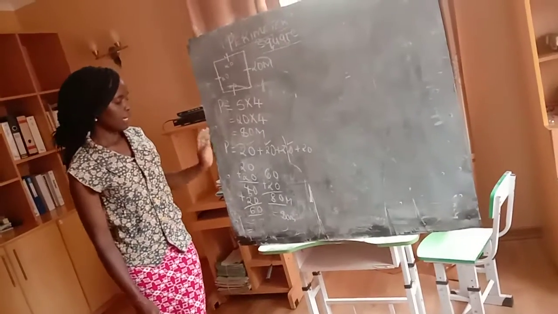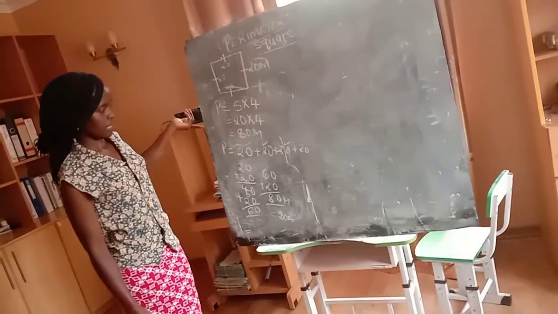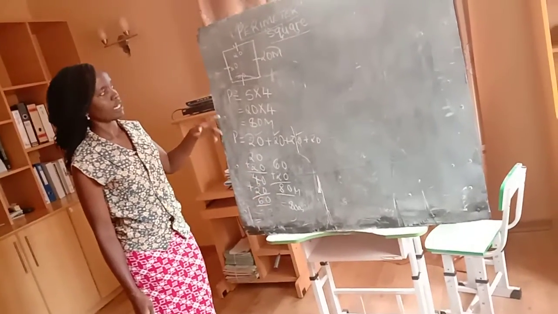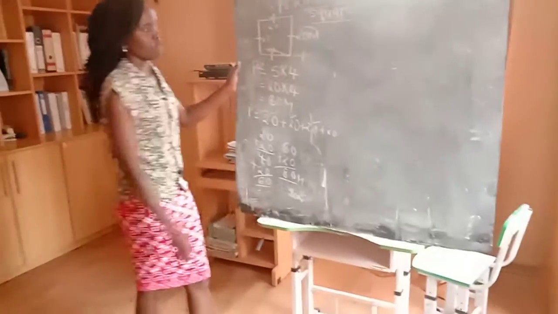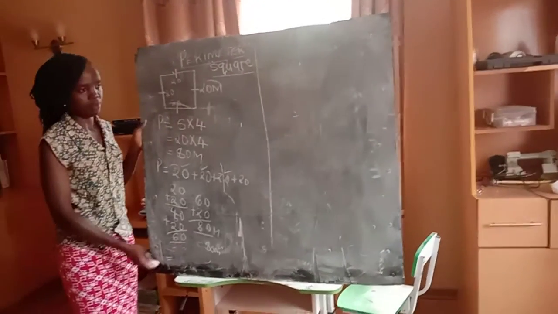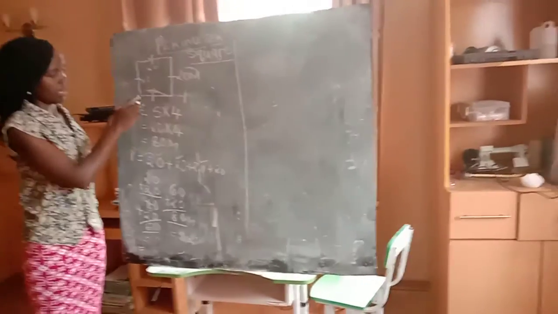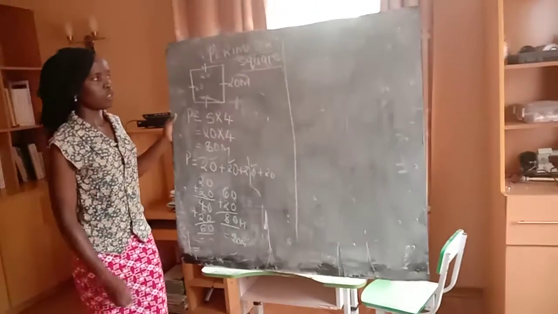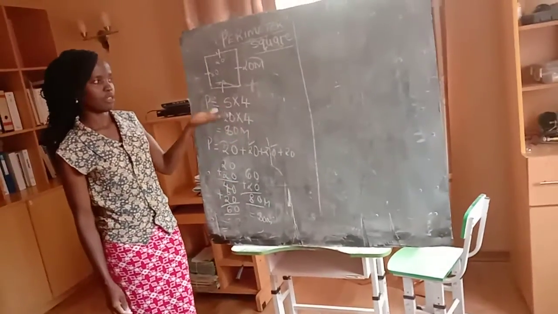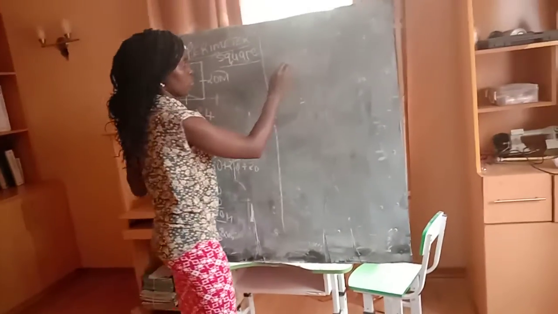Now, just like the way you did it in the rectangles, sometimes you can be given the perimeter and they ask you to get the measure of the side. A square is different from a rectangle because for a square, the sides are equal. So if you are given the perimeter and they ask you to get the measure of the side, this is what you're going to do.